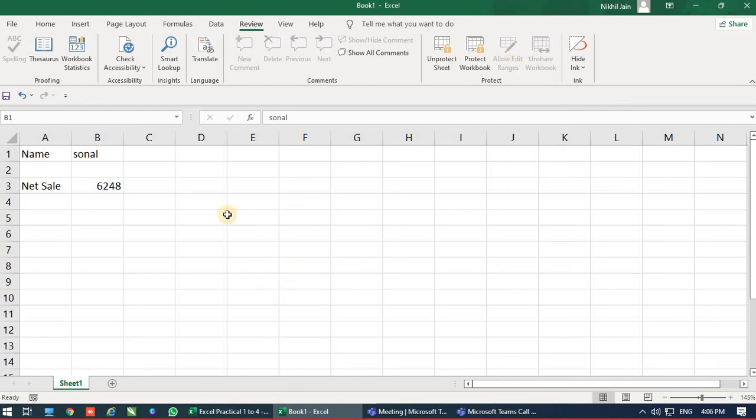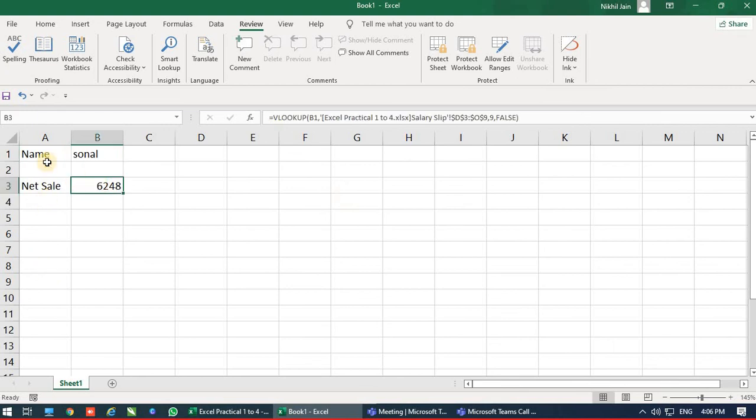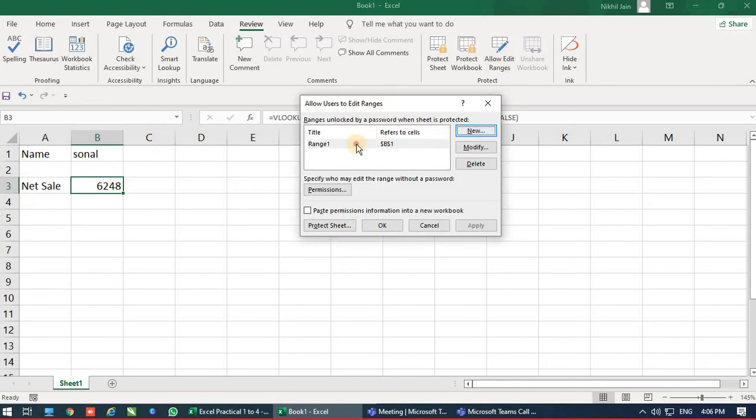Okay, we can do the reverse also. For example, I will just unprotect this particular sheet with 1 2 3. Now I don't want everyone to see this cell. I want you to see this cell. I don't want you to see other cells. So in this allow user range, I'll have to delete this.